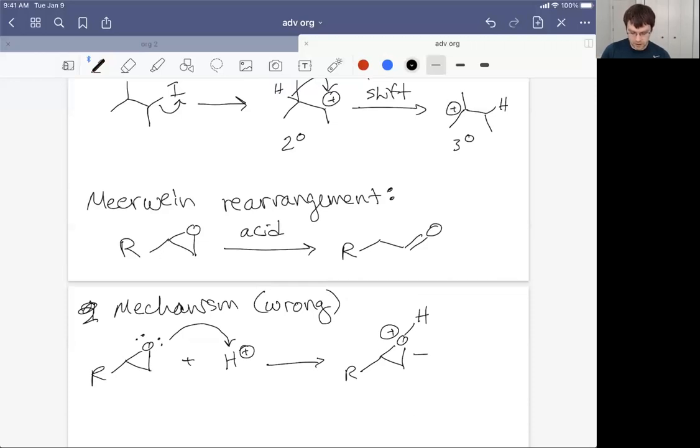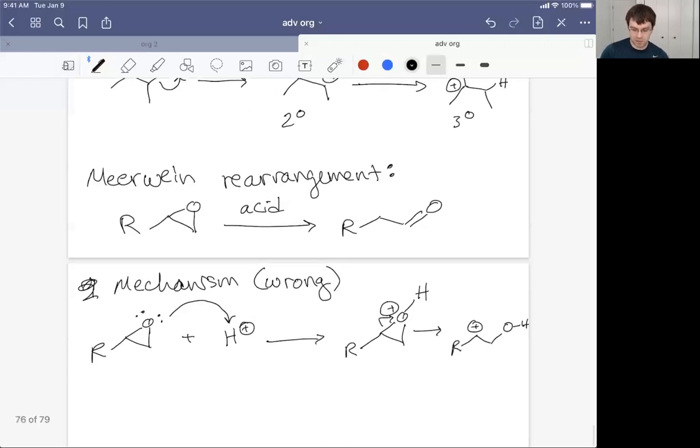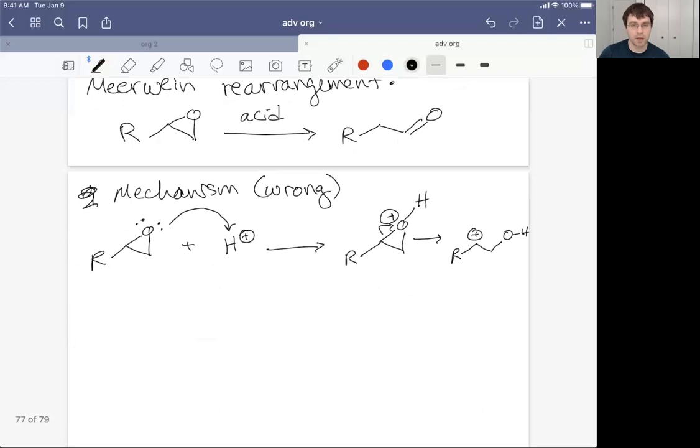So if I did ring open this epoxide, I would be breaking my organic 2 rule, wouldn't I? Well, let's say we put something like R being a benzene ring to really stabilize that carbocation intermediate. Well, then, okay, maybe I'll let it ring open. Now, why would I want it to ring open? Well, if it ring opens, I can now eliminate a hydrogen next door to that positive charge, and that would give rise to